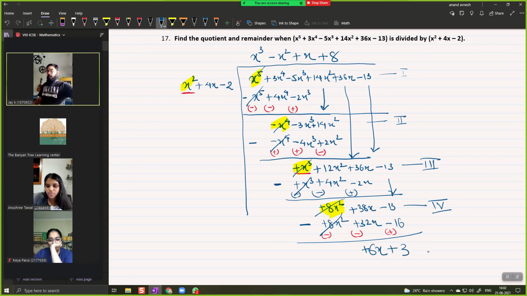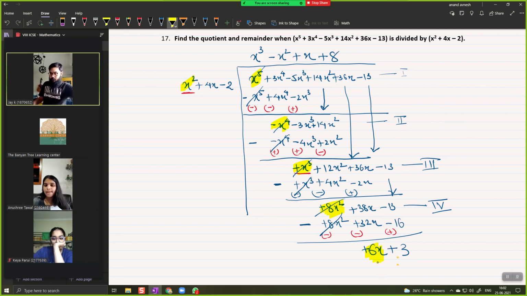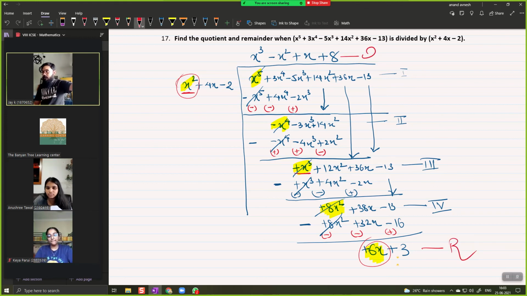Very good. Now can the division go ahead? No, sir. You know why? Because here the degree of the remainder and the degree of the first term of your divisor are different. The degree of the divisor becomes greater than the degree of the remainder. Stop it. You cannot go ahead. So you have got your answer. This is the remainder and this is the quotient. That's what you had to find, quotient and remainder.